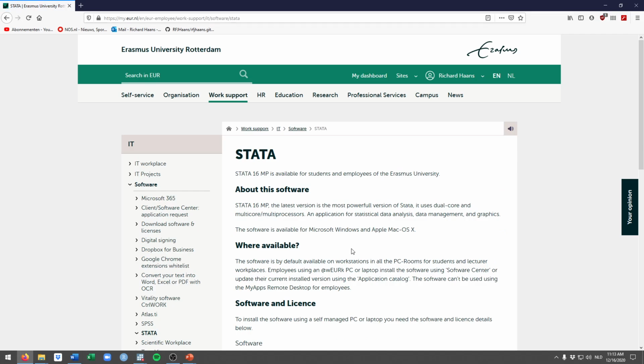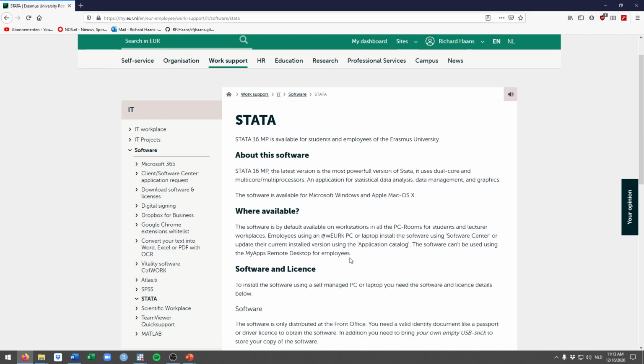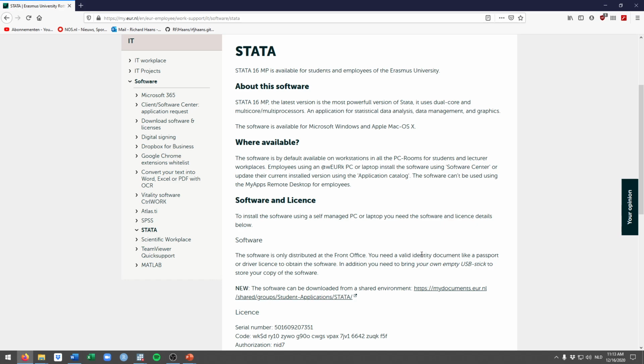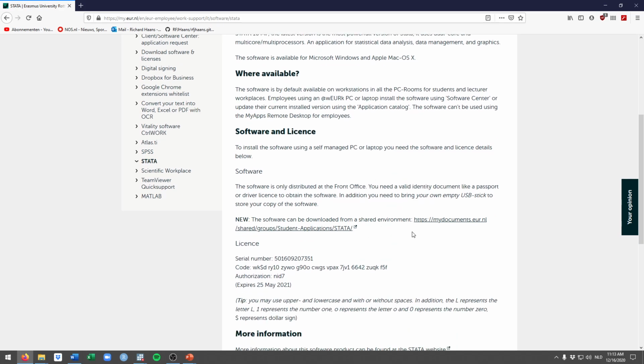Normally this would just contain this information, but now that we are all online and cannot go to campus, the ICT people have actually offered a way to install Stata from your home. So here you see a link to a EUR webpage. If you click this, it offers you an opportunity to log in and to download Stata.